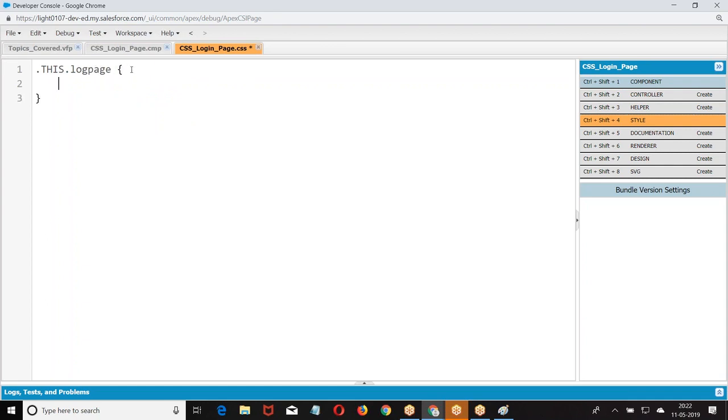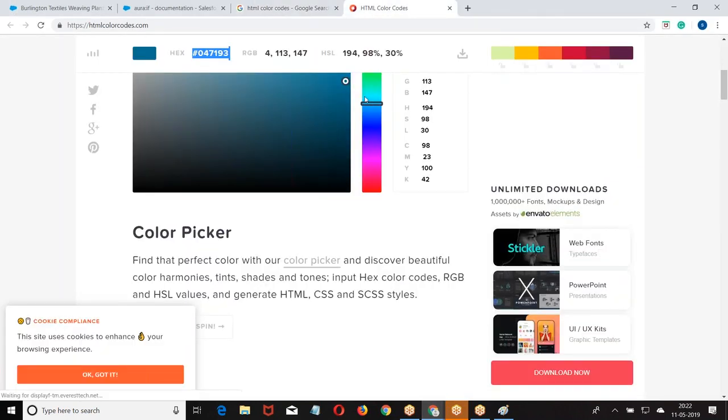So here I am giving margin, so apply some CSS, color codes.